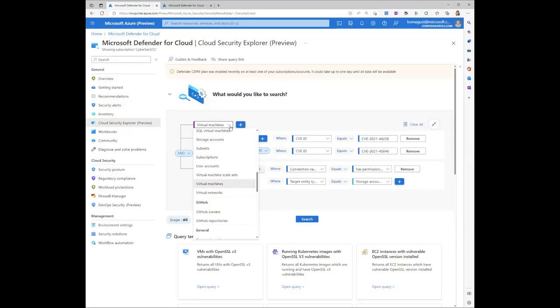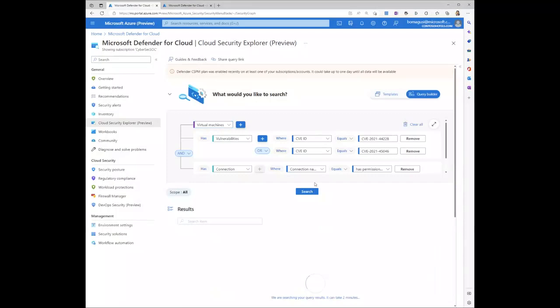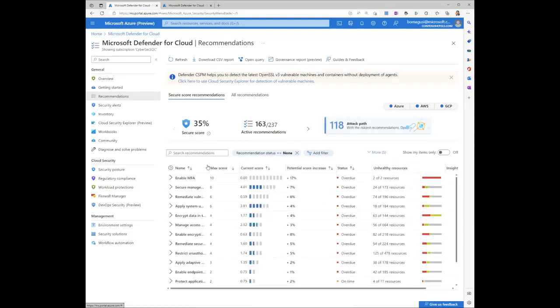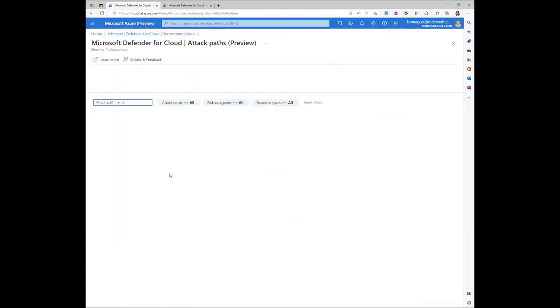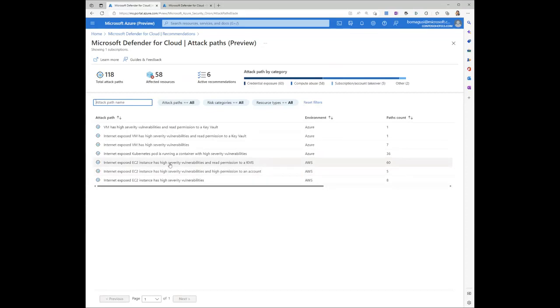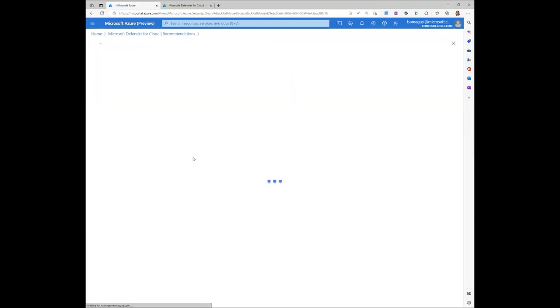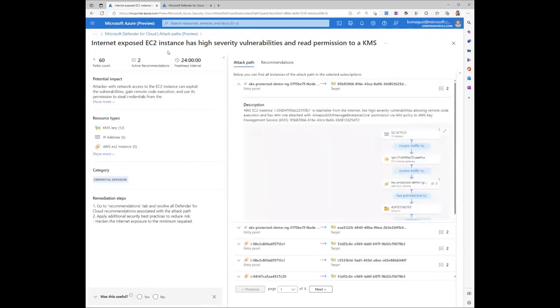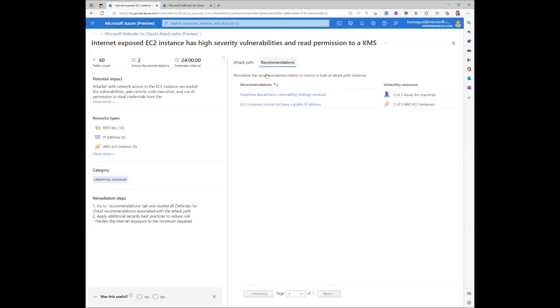Now, once you've identified the specific vulnerability or the specific misconfiguration, we also want to help and empower you to drive its remediation. Which is why, when you select a specific resource here, I can also switch to the recommendations blade, where, through the attack paths, if I go back and take as an example one of the built-in attack paths, like the one we already revisited that has Internet exposed EC2 instances with high severity vulnerabilities and read permissions to a key management service, then we also know